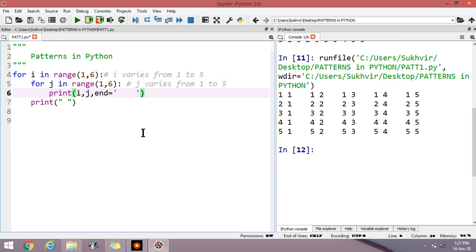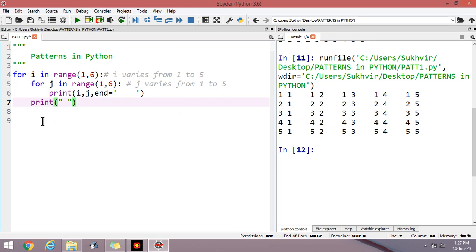This is the basic understanding of patterns, so that we can proceed in the next video also. i varies from 1 to 5. When the value of i is equal to 1, j varies from 1 to 5. That's why 1 1, 1 2, 1 3, 1 4 and 1 5.